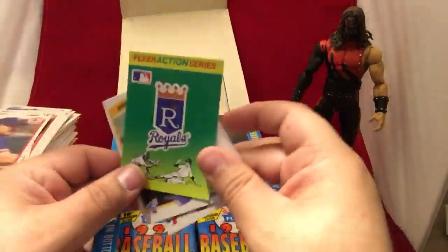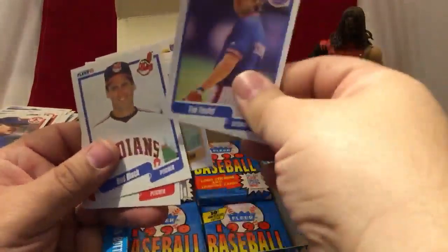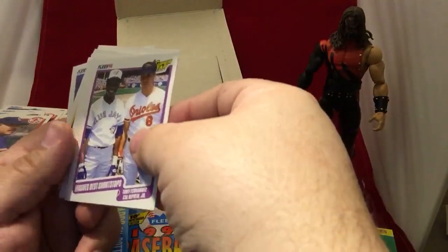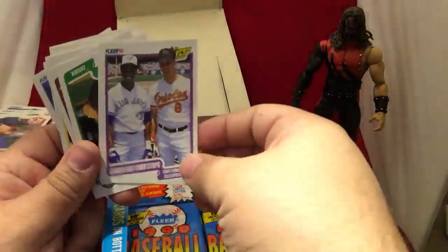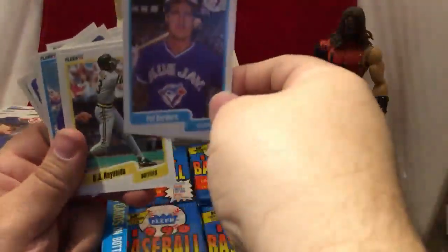Here we see the Royals card. Here we see Luis Aquino, Tim Teufel, Bud Black, Norm Carlton. Here we see the league's best shortstops, Tony Fernandez and Cal Ripken Jr., Ron Hassey, Von Hayes, Pat Borders, catcher for the Toronto Blue Jays,